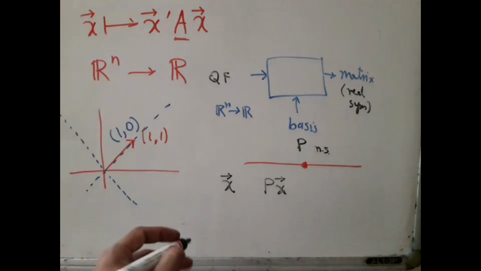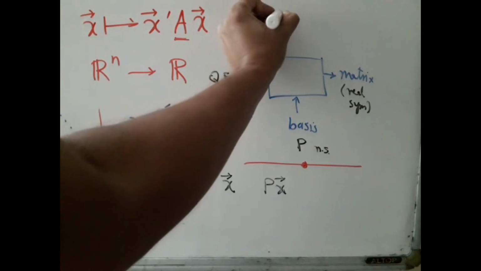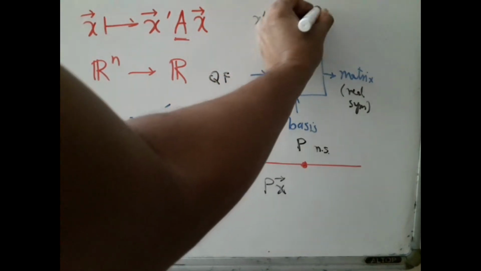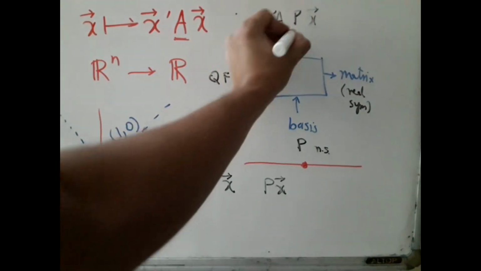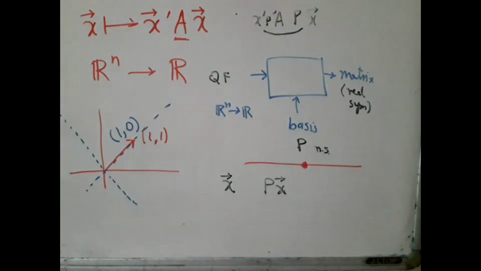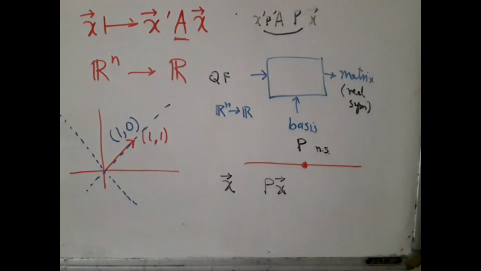So your matrix now will become X transpose Ax will now become, put a P here and put a P transpose here. So your new matrix becomes P transpose AP. So if you change the basis here, this changes by a P transpose AP transformation. Now this motivates us to give a name to this kind of transformation. We call it